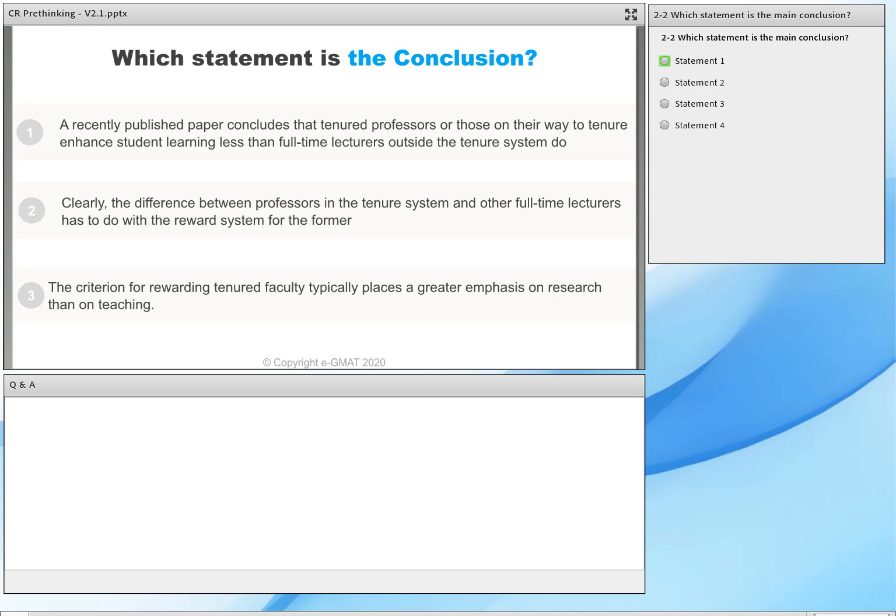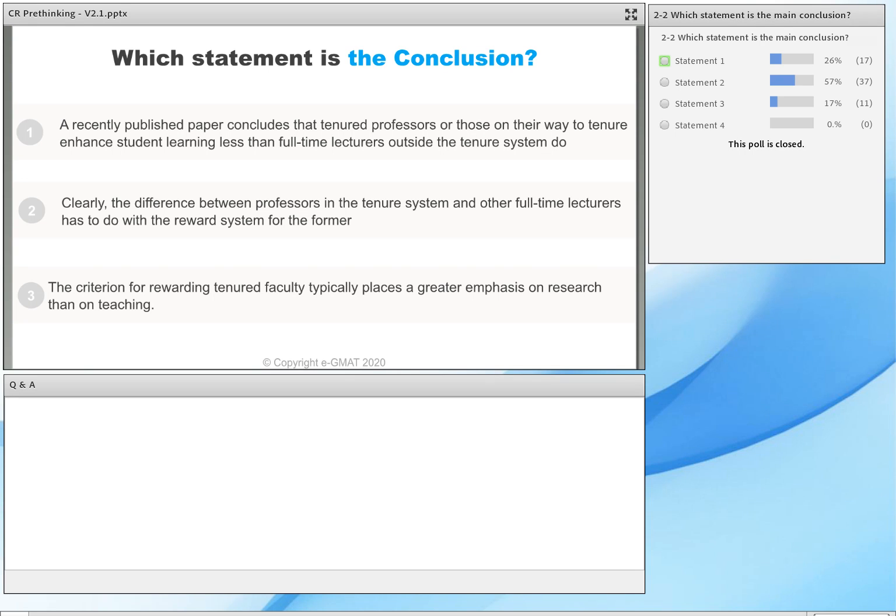Let's get a few more responses. I have 120 students. Let's get at least 40-odd responses here, or 50-odd responses. Which statement is the main conclusion? 45 responses, 47 responses. Great, upwards of 50 responses. Let me end the poll